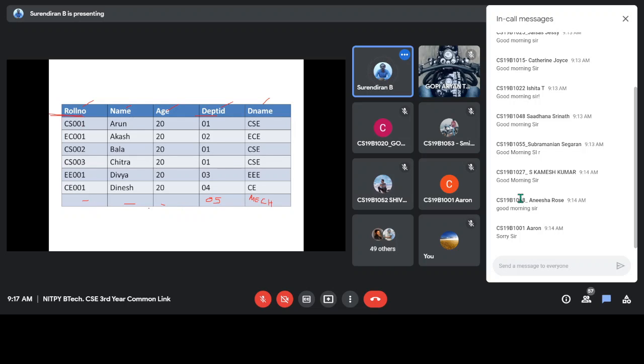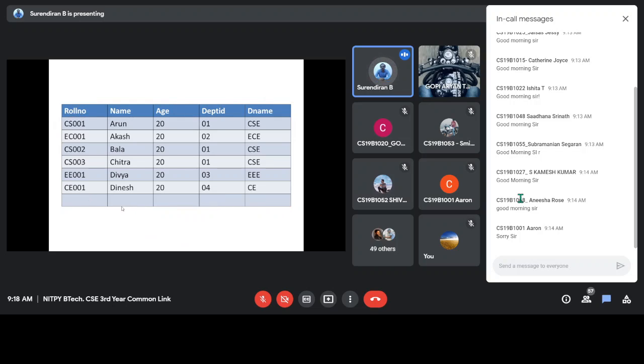So this cannot be inserted. That means the mechanical department exists, but in the table, such information is missing. So we cannot insert a row for the mechanical department without a student. That is called insertion anomaly.